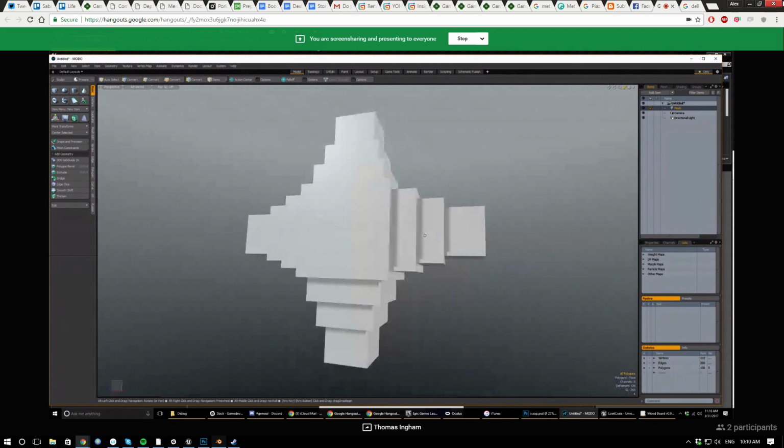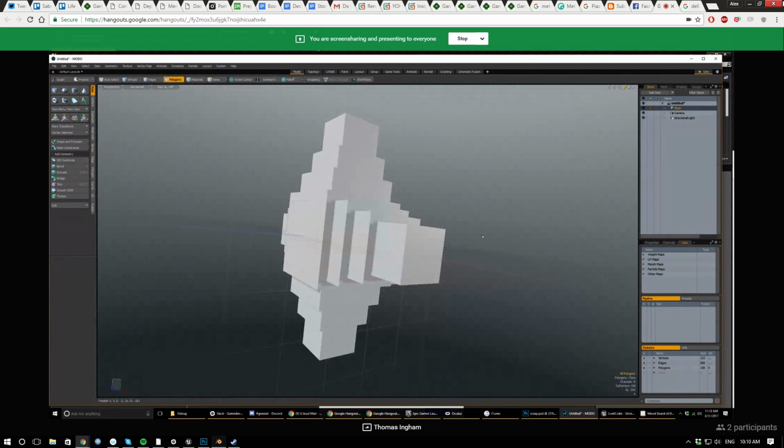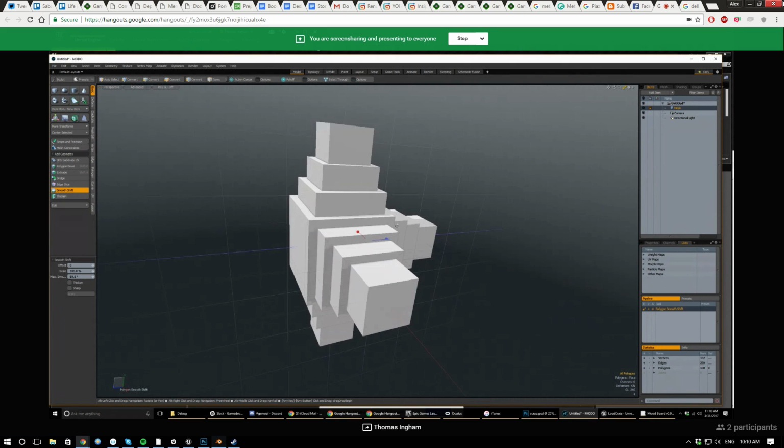Nice, you're making, hey, look at that. I made a greeble. Okay, so that's how you do it. Basically, that works with any tool as well. Smooth shift doesn't activate automatically, so you come over here and say auto activate. Right. So now, as soon as you click on the tool,